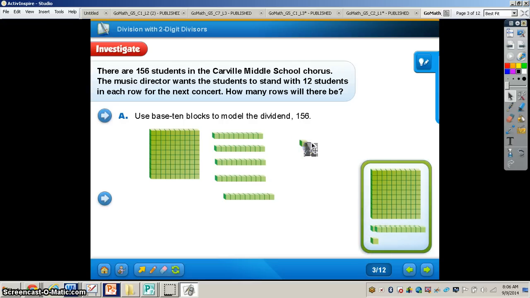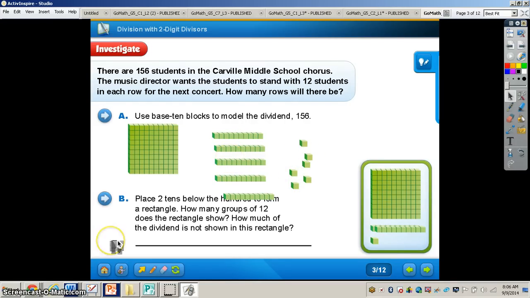So 1, 2, 3, 4, 5, and then 6. Okay, so this represents 100, 110, 120, 130, 140, 150, 1, 2, 3, 4, 5, 6, for a total of